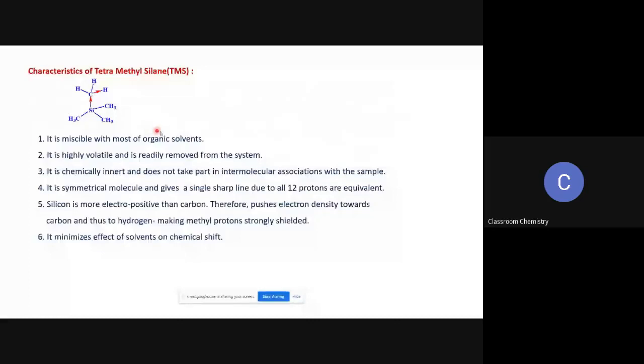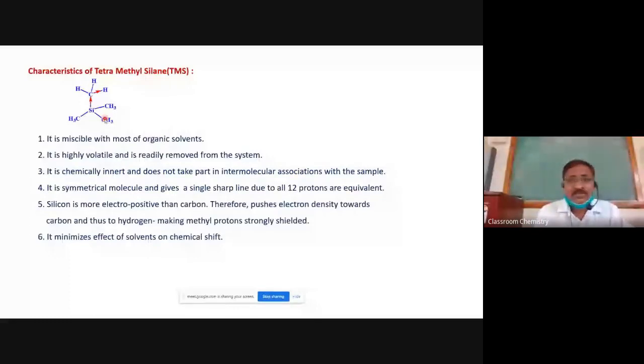It is soluble in almost all organic solvents that are used for NMR. Second thing, it is highly volatile, and that's why it is easily removed from the system. Third thing, they are chemically inert, so they cannot react. Suppose we take your sample and dissolve it in CDCl3 or DMSO-d6, and then we add TMS, that TMS does not react with your compound because it is chemically inert, and that's why it cannot take part in any kind of association with the sample present in